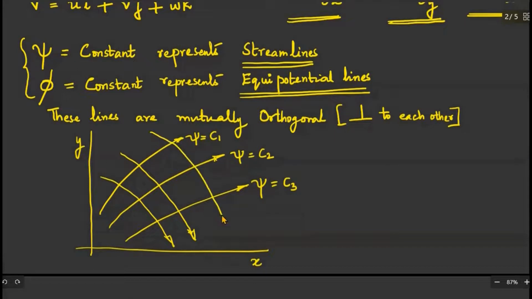Wherever they intersect, if you draw the tangent at the points of intersection, they will be at 90 degrees. This is actually a network of streamlines and equipotential lines. Equipotential lines means, okay, this one, let's say phi is equal to a constant C1', this one phi is equal to a constant C2', and this one phi is equal to a constant C3', etc. And then they will form a network like this, and this kind of graphical representation